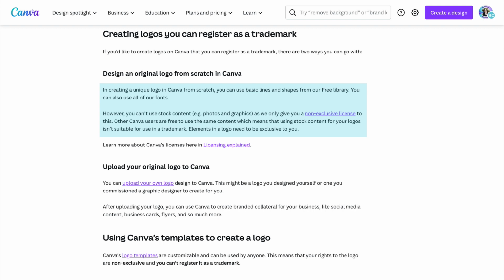Other Canva users are free to use the same content, which means that using stock content for your logos isn't suitable for use in a trademark. Elements in a logo need to be exclusive to you. In other words, if you want to have a logo that you can officially register as a trademark, you can't